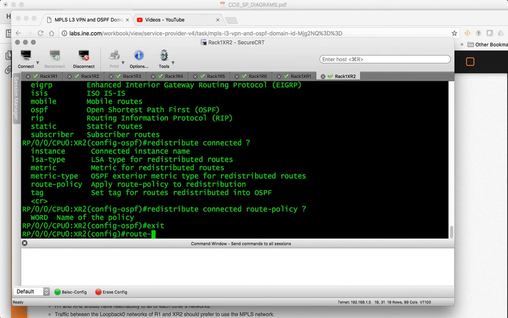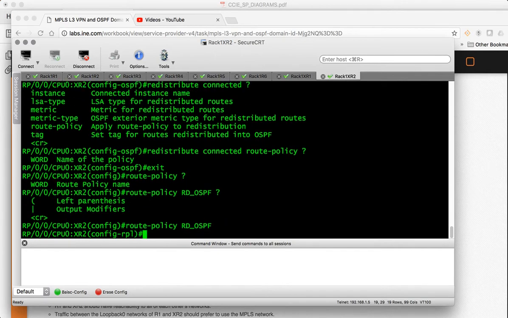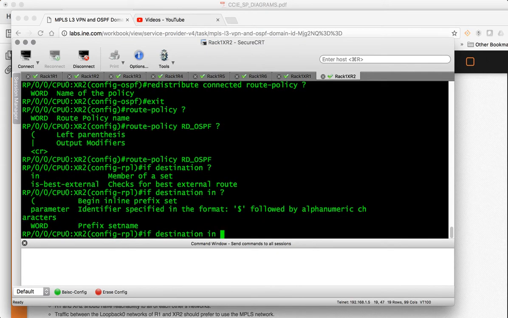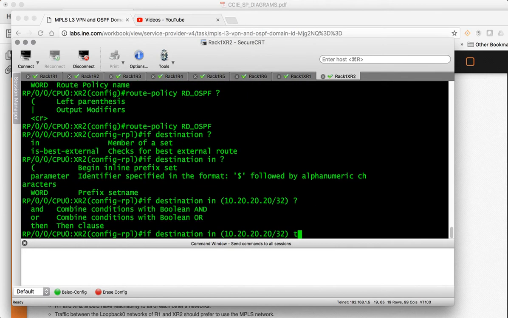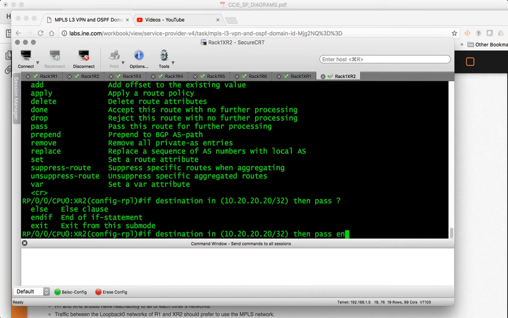So we're going to do route policy RD OSPF, and then we're going to do if destination in an inline prefix set 10.20.20.20/32, then pass, end if,